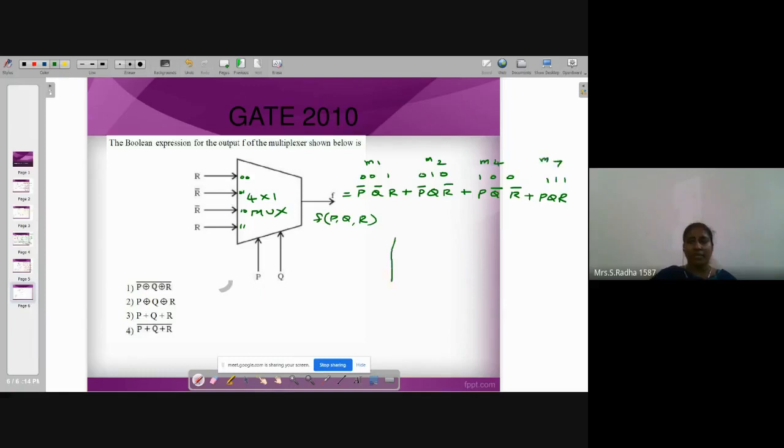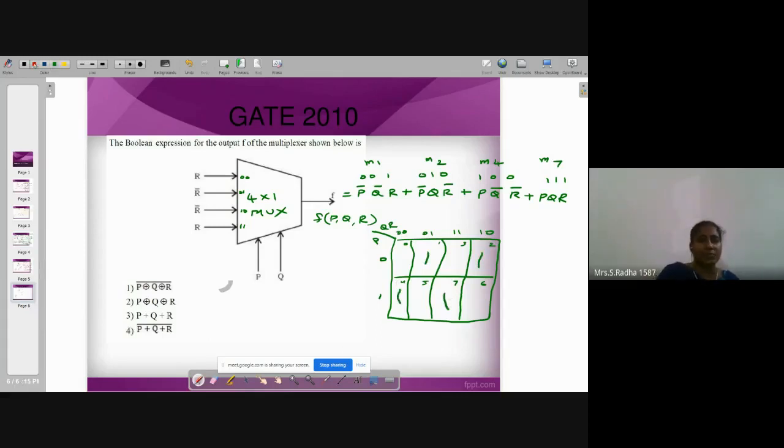If you write a K map, this simplification will become very easy. You take a K map. I need only 8 boxes. You start the variables from left to right, P followed by QR: 00, 01, 11, 10. So these are box numbers 0, 1, 2, 3, 4, 5, 6 and 7. I have min terms 1, 2, 4 and 7.